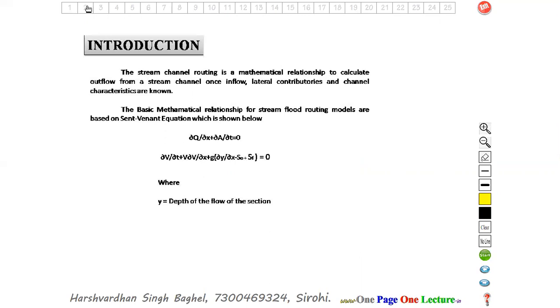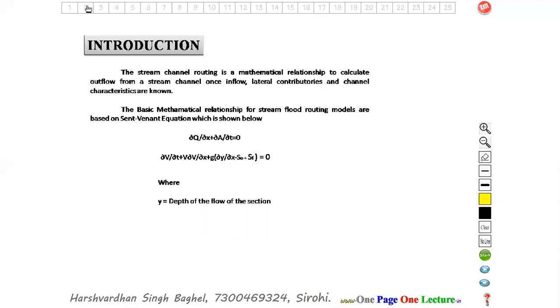So, in channel routing, the same as in river routing, the basic methodology is knowing the inflow at a certain point and evaluating the output at some other point. That is, knowing the flood hydrograph for a particular point of the channel, and by using the different parameters, the hydrological as well as the channel parameters, we can evaluate the outflow hydrograph at some other point. In order to estimate these types of data, the channel routing method is used.